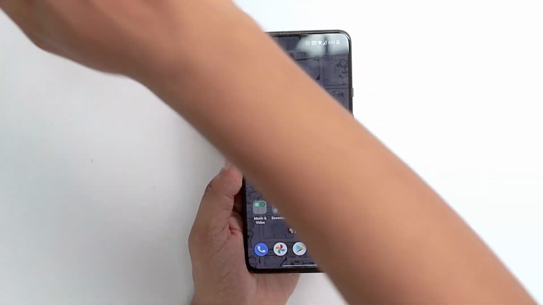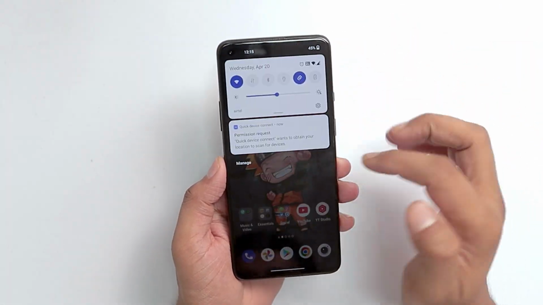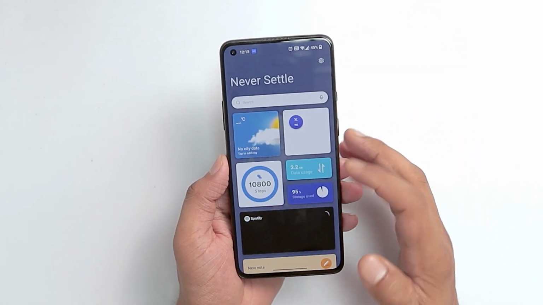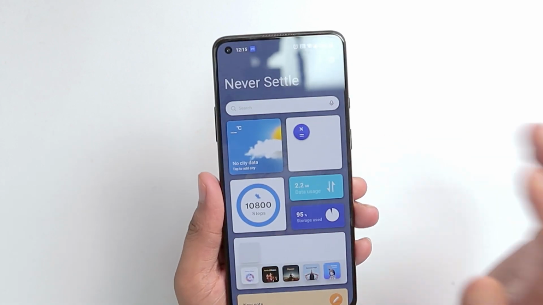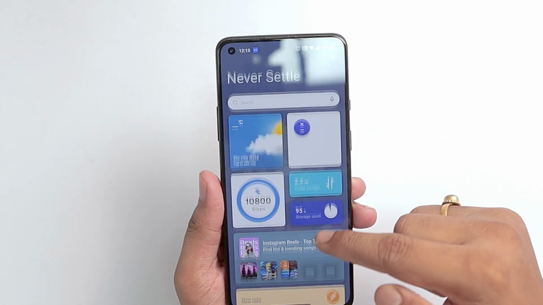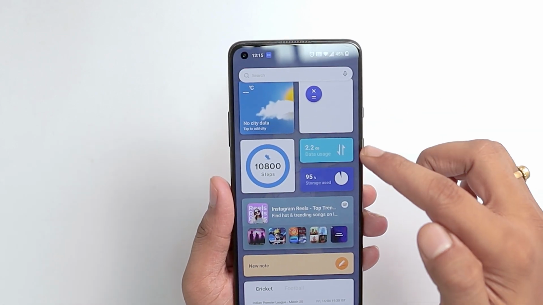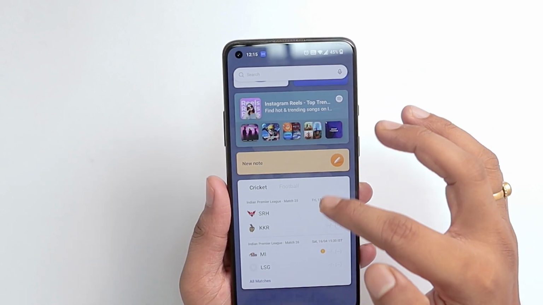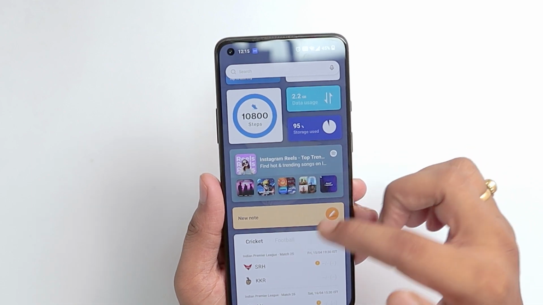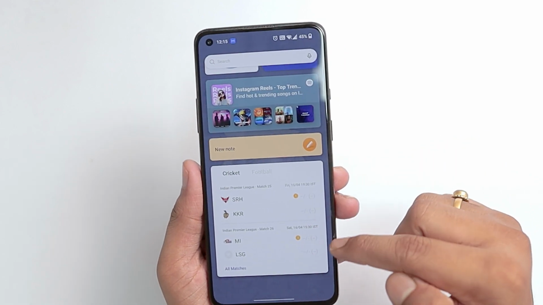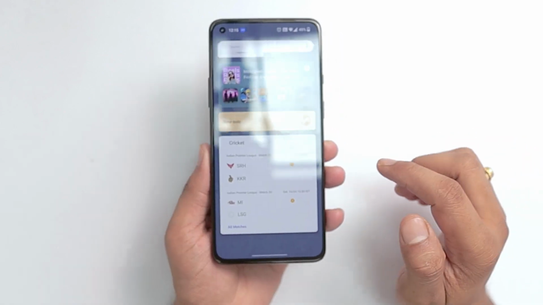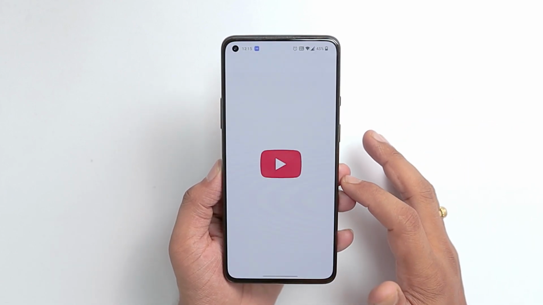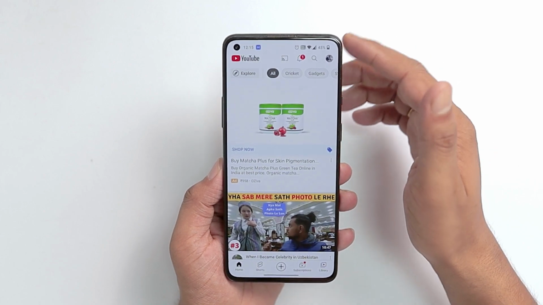But then you will get to see a new Shelf mode. So you can actually launch the Shelf from the top right corner by swiping down. You will go into Shelf mode, and that Shelf mode is good. I mean, OnePlus Shelf is good. You will get a lot of information about your steps, data usage, storage usage, and then you can access Spotify, you can write down notes, and also you can see the scores of your favorite teams. But the problem with this OnePlus Shelf mode is that when you try to go back, they will